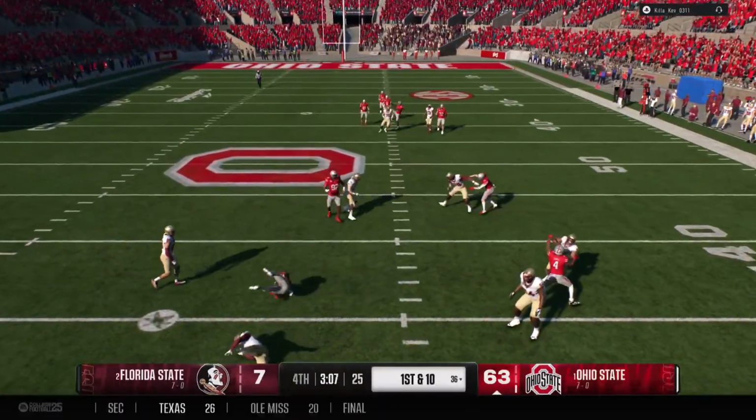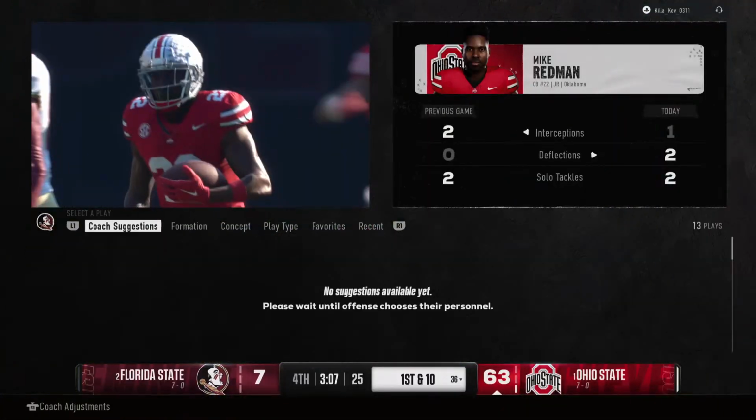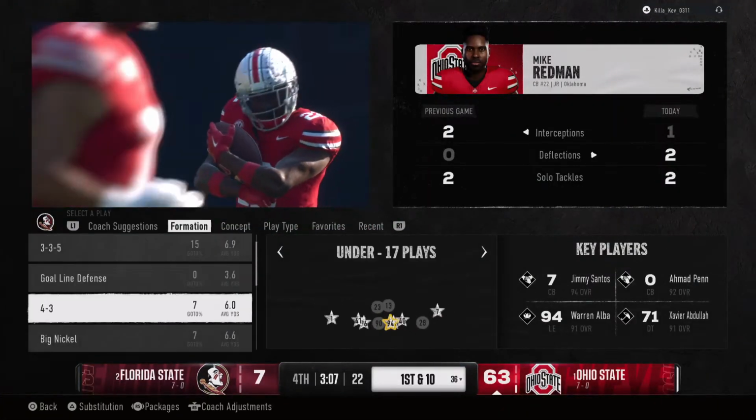Look out, he's got some space. Now look at the return after the interception. Sets the offense up in good shape. Well,